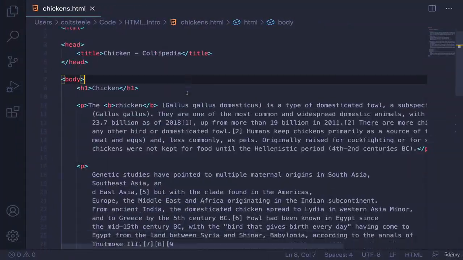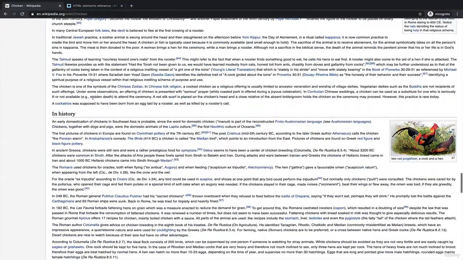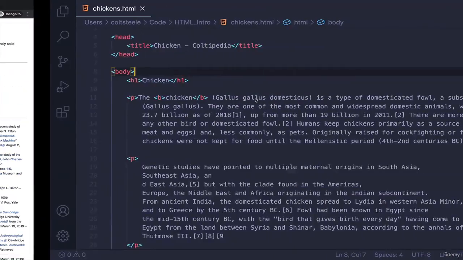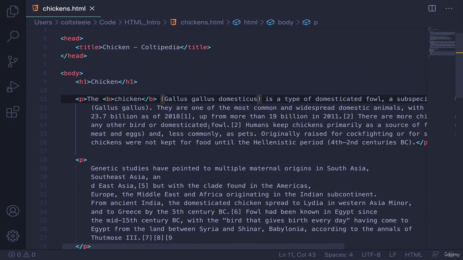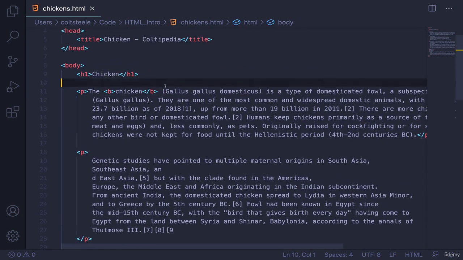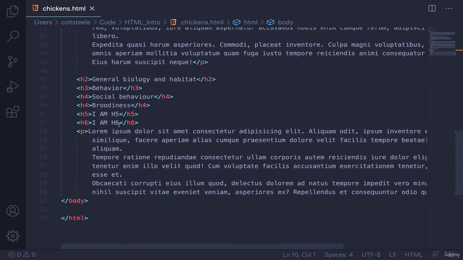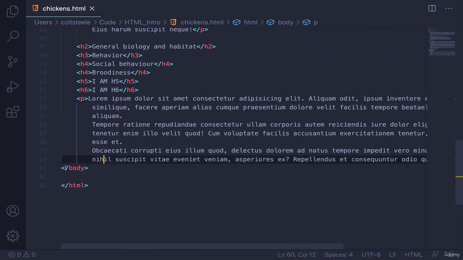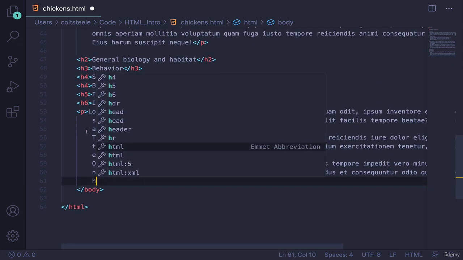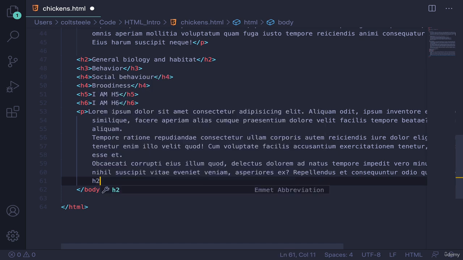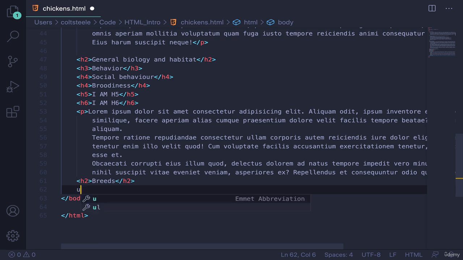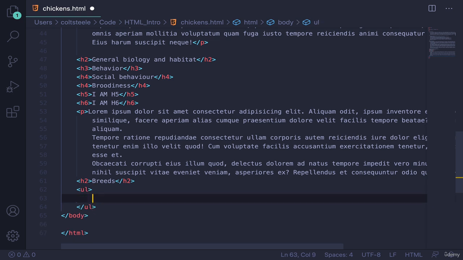So let me show you how it works. Let's make our own simple list. What should we do for chickens? Maybe we're going to make up our own list for different breeds of chickens. So let's see, why don't we do maybe down here after that paragraph? Sure, right about here. Let's add in, what do we want? Let's do an H3 maybe, or maybe an H2, breeds. Okay, and then below that I'll add in a UL, which is an unordered list, and it consists only of